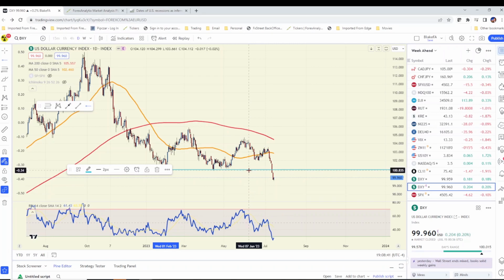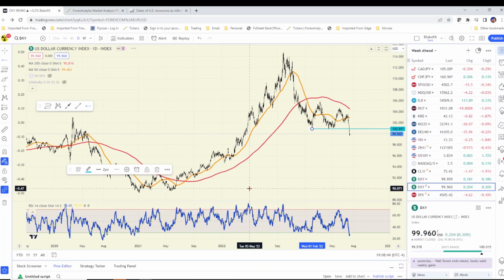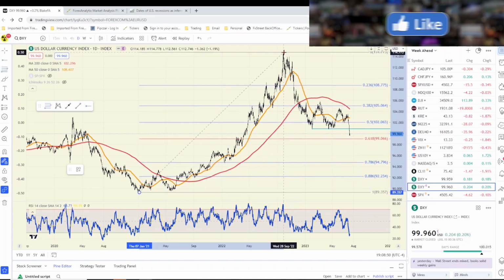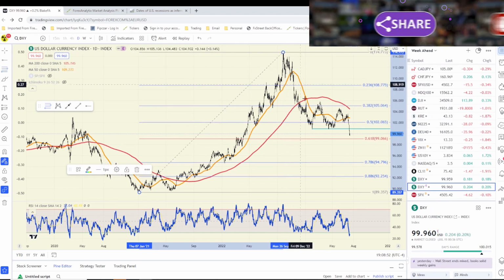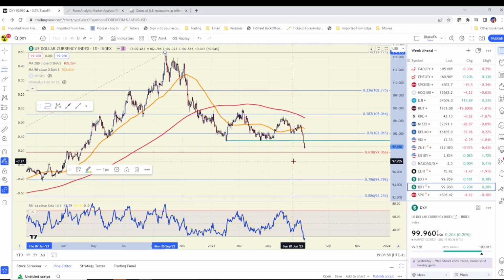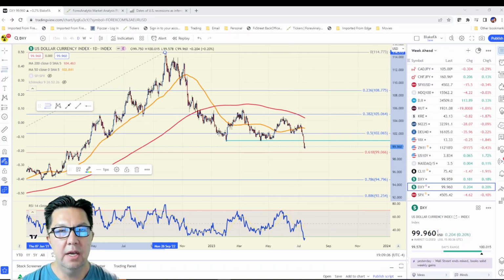Now, the interesting thing about the US dollar, though, we are near a really big critical Fibonacci support in the dollar, and that comes in at the 618 retracement, which is just a little bit lower than where we're currently at right now. And this is the broad dollar index. So will we have some support in the US dollar going into this next week? I think so, but the fact of the matter is it has broken down. So what we have to do is look at different currency pairs to see where those places might be, where we might be able to get short the dollar again on any type of rally, on any type of recovery.